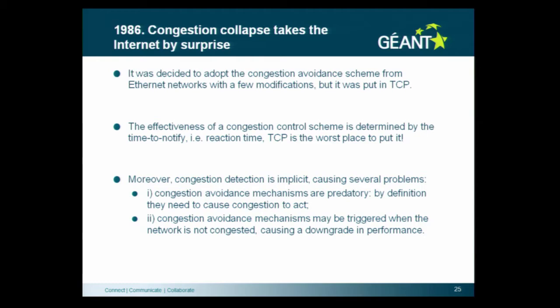So the congestion detection is really implicit in TCP/IP. It's just trying to increase the window until it finds congestion, so it's causing congestion, and then it says, okay, I will try to decrease my window. So it's actually predatory because it needs to cause the problem before it can detect it, and sometimes you can have the avoidance triggered when there's really no congestion in the network. So you just have arbitrary packet loss because of some errors, no system is perfect. You would try to change your congestion, which is decreasing performance when there really was no congestion in the network.